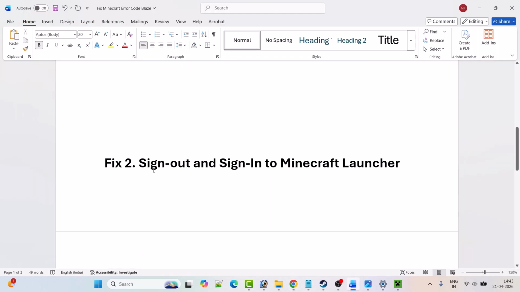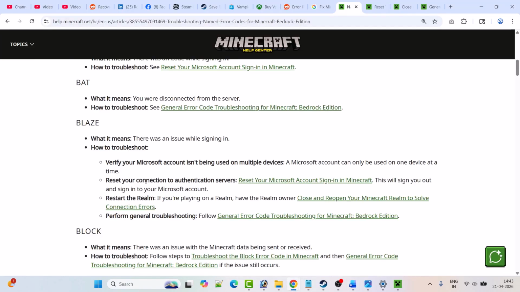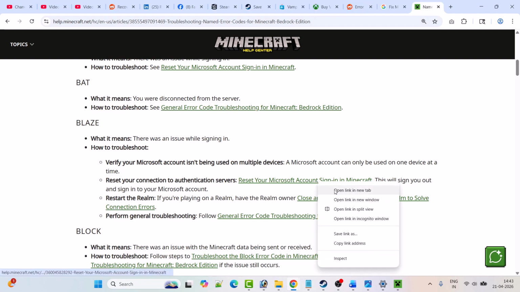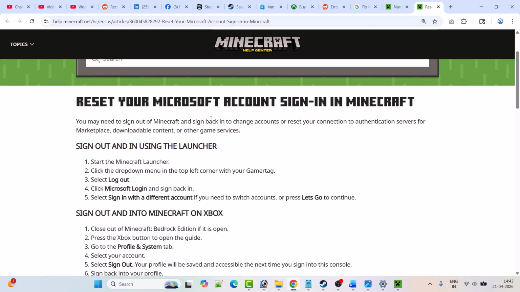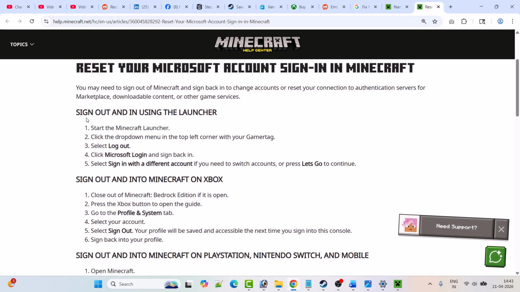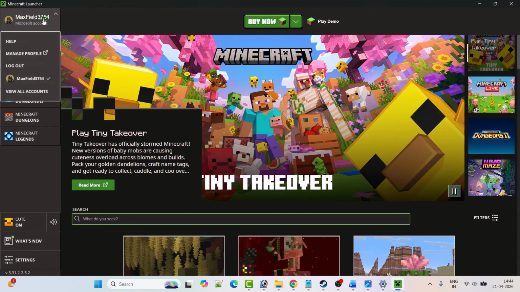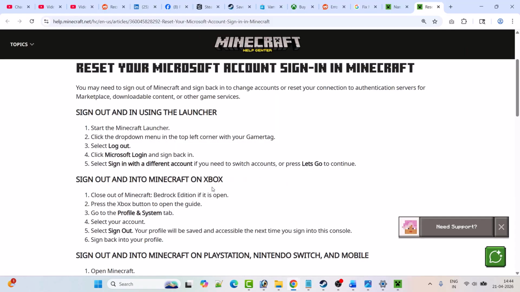solved or not. Fix 2 is to sign out and sign in to the Minecraft launcher. You can see, reset your connection to authentication servers. So open this link, and here you can find the steps to reset your Microsoft account sign in Minecraft. So simply sign out and sign in back using the launcher. Launch the Minecraft launcher, click on your profile and click on log out. And after logging out, just log in back and then try to launch the game and check if your problem